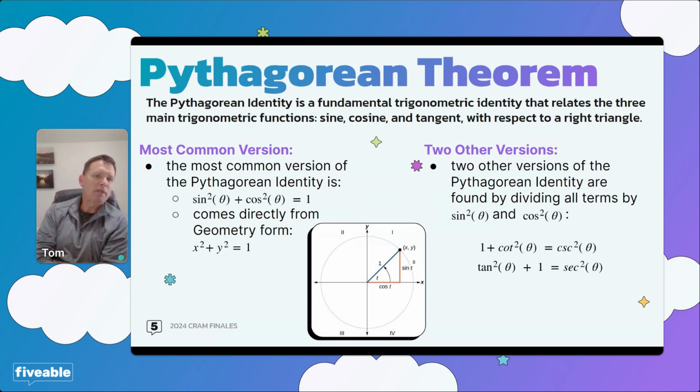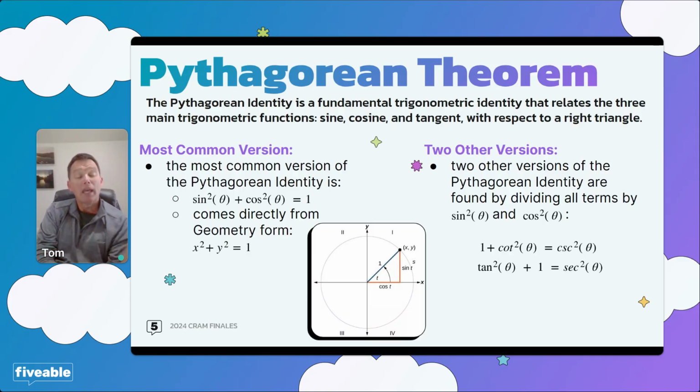If you look on the left here, the most common version of the Pythagorean identity says that sine squared theta plus cosine squared theta equals 1. The first time you saw that in this course, it might have seemed a little bit overwhelming. But if you think about it in terms of what you know about geometry and right triangles, you can easily say that x squared plus y squared equals 1 squared. That literally is the Pythagorean theorem for a right triangle, and we just replace x with cosine and y with sine. So sine squared plus cosine squared equals 1 is a fundamental identity that in many ways comes naturally from geometry.